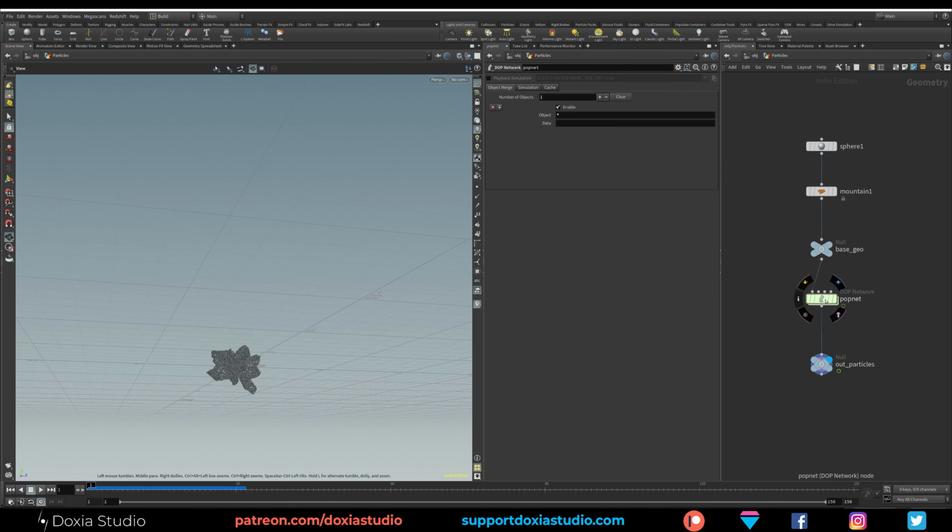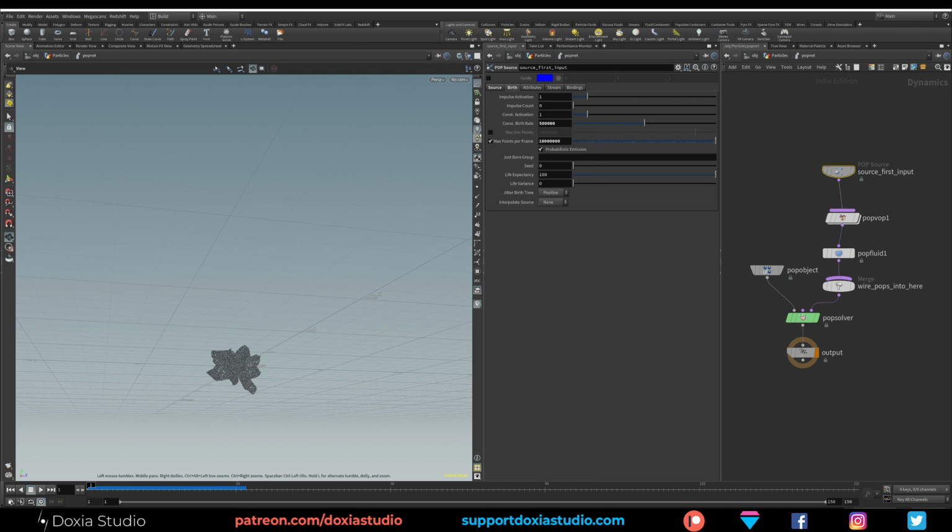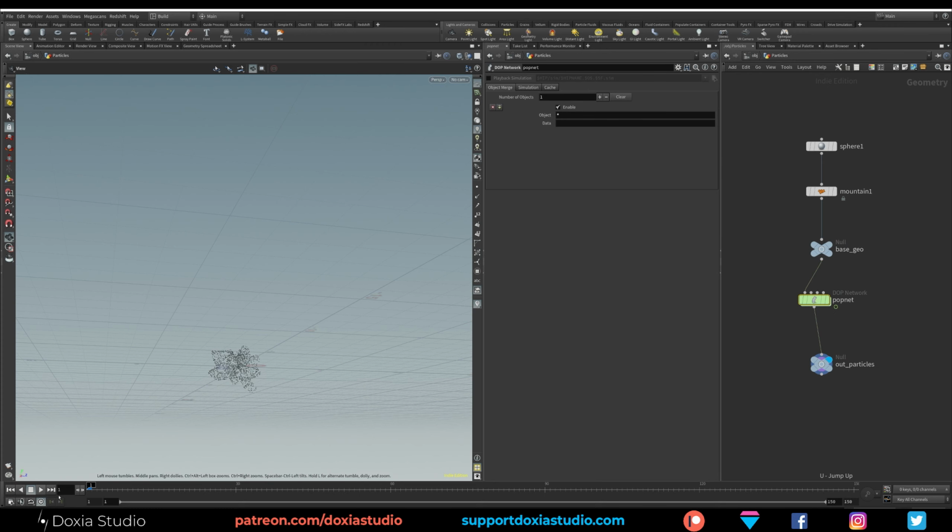Instead of coming here and increasing this number until we get to the 30 million particles we want, we are going to leave this at, let me go, maybe 50,000. So at the end of this take, as you can see, it is going faster. I don't know if you can see these numbers. Let me press play instead.